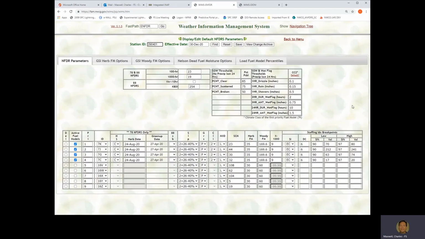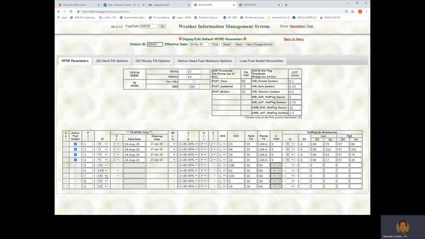Also critical to this, as you might have seen in a previous video, you're coming into this already knowing what stations you've selected in your FDOP, what fuel models and indices you're going to use, and so forth. All you needed to have done is obtain 90th and 97th percentile breakpoints or similar for BLM to get to this process at this point. So hopefully you've gathered that information from your FDOP and you're basically just implementing it.